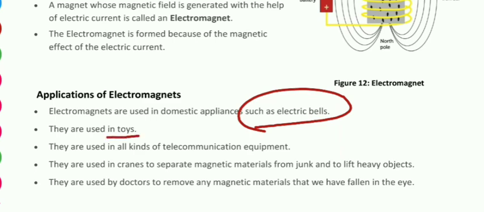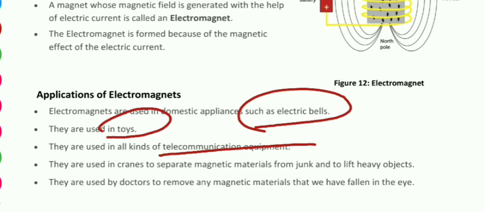Used in various toys also, in telecommunication equipment, in cranes, right, when large containers are lifted, you must have seen in the port area. In Jharsuguda also there is Conquer Container Corporation Limited. Their cranes are used to lift the large containers. In that also, electromagnet is used.